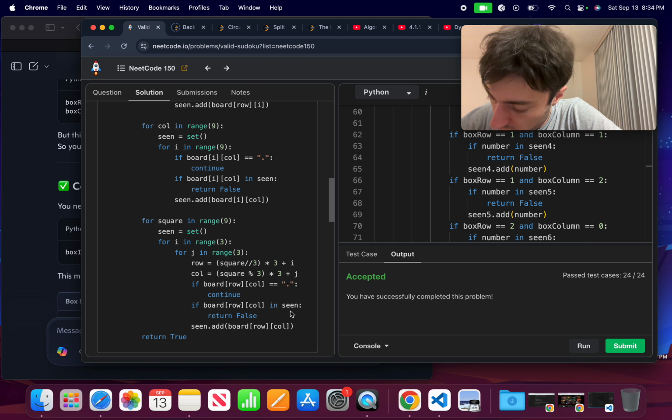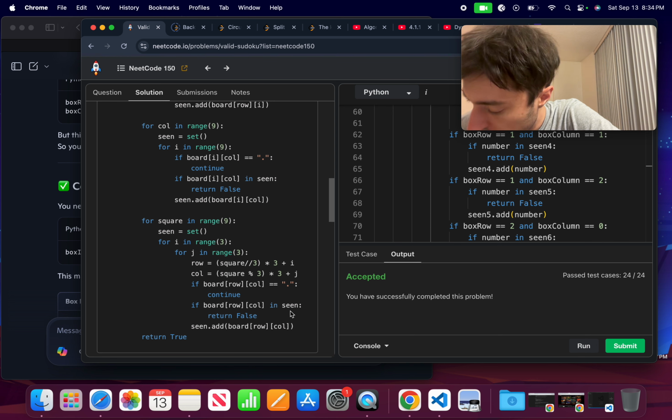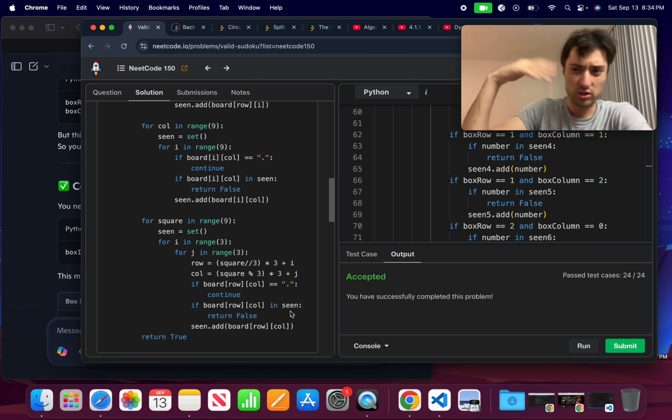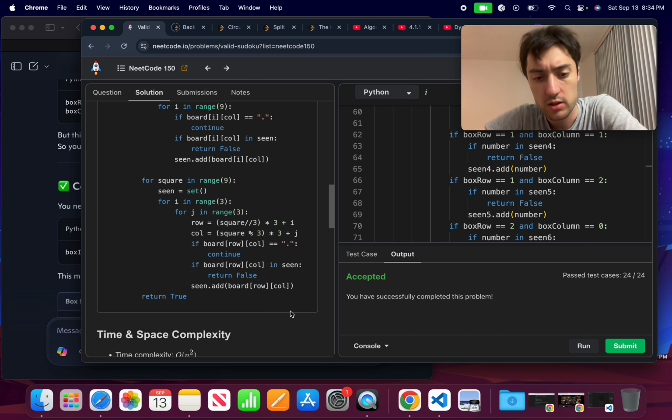The row is equal to square integer division by 3 multiplied by 3 plus I, and column is equal to square modulo 3 and then multiplied by 3 plus j. So I need to think about that more, try to convince myself of it. Okay, let's move on